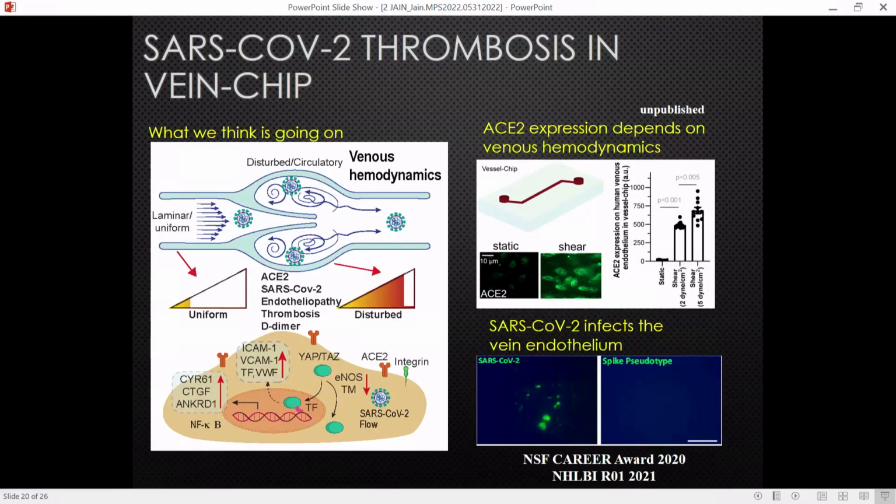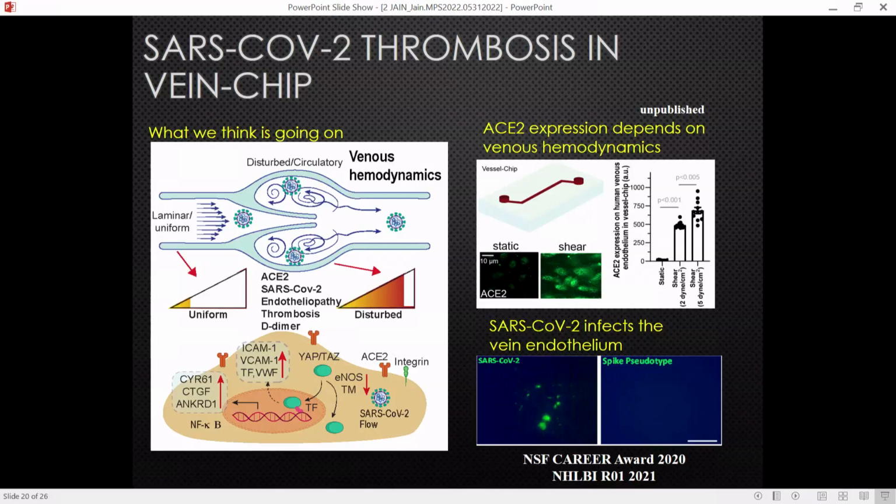You've shown that there is some validation with the clinic, and now we want to see if we can produce or recreate or learn something about SARS-CoV-2 or COVID-19 induced thrombosis. So what we are learning now, and this is unpublished data, and we have confirmed this by 2 independent scientists within my lab, and we also saw a poster by Dr. Chris Hughes' lab yesterday that actually shows pretty much the same data that we are seeing, which is that ACE2,